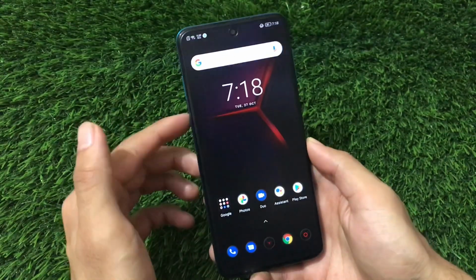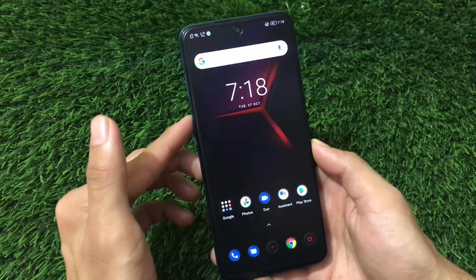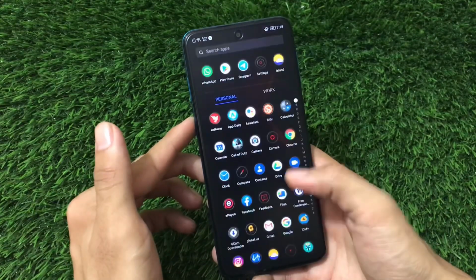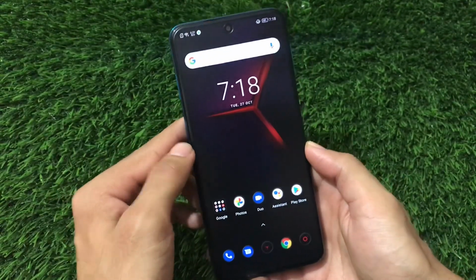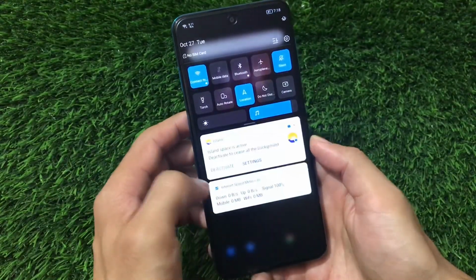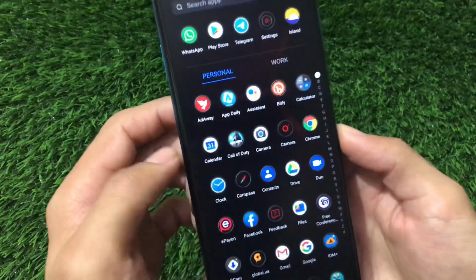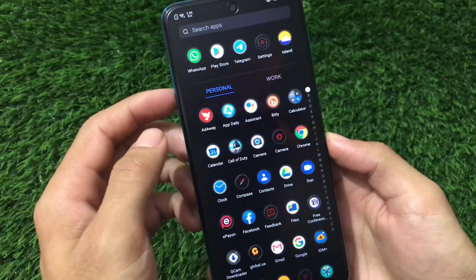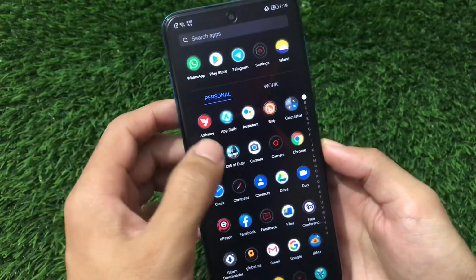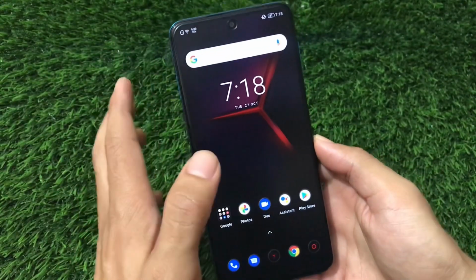So this is how your default theme will look now, and this is honestly looking great. We have a lot of icons changed here. It looks like a gaming phone, which we have right now. I have tested the gaming. I have tried to play COD here, which was working amazingly. I cannot show the full gameplay right now, but that was working great. So you can also play games in high graphics.